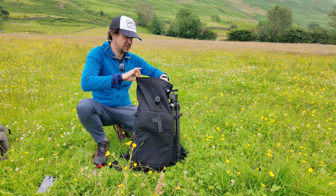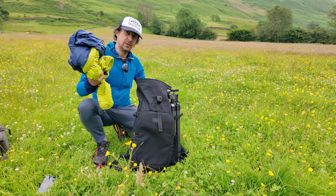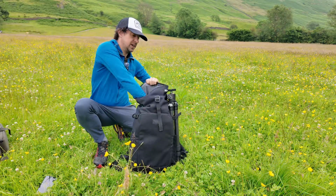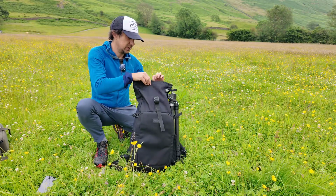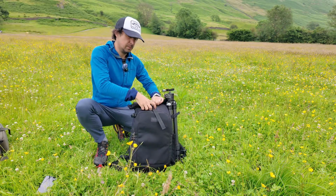And just to give you an idea of size, in here at the moment I've got a lightweight synthetic jacket and a little bit of food, and there's plenty of space in there still for me to at least double that capacity. It's got a little Velcro fastener here and a couple of rolls. It's going to keep most of the